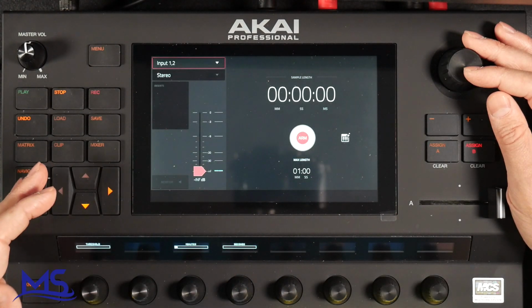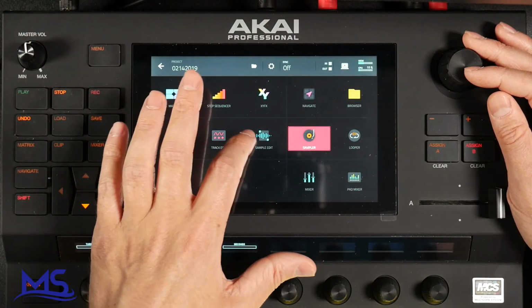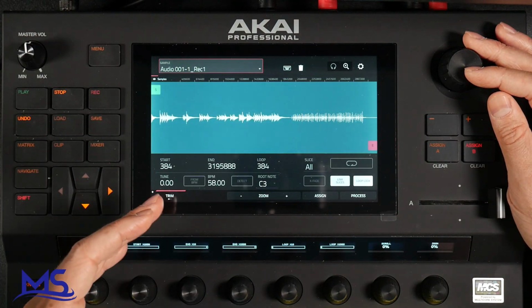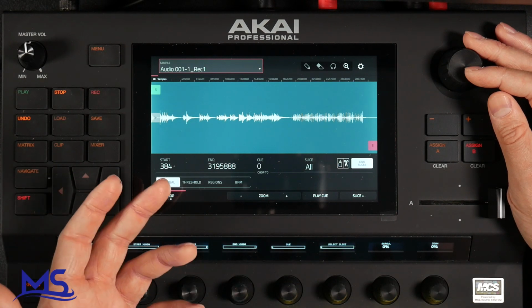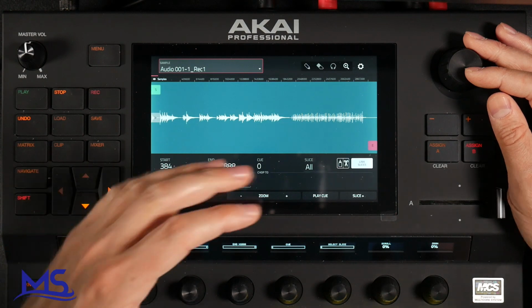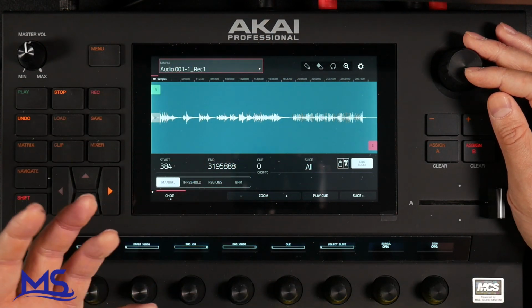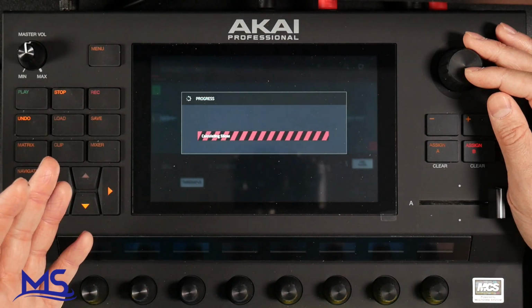So the thing is, if you come back over to your menu and then go to sample edit, you're going to get your sample editor, and you could do sample editing just like an MPC to an extent. So these two features are exactly the same up here on the screen. Now the issue people are having is, if I say, for example, push threshold,